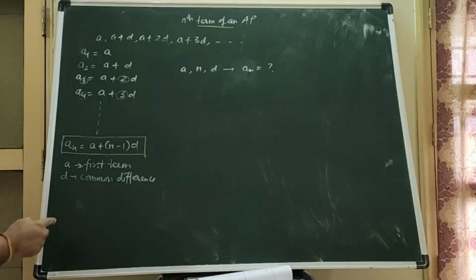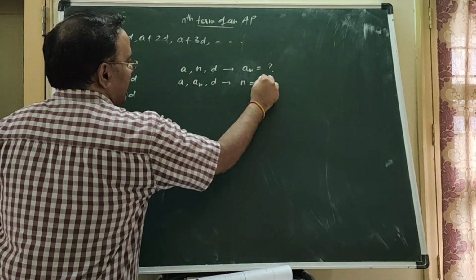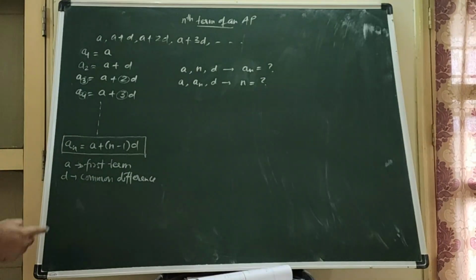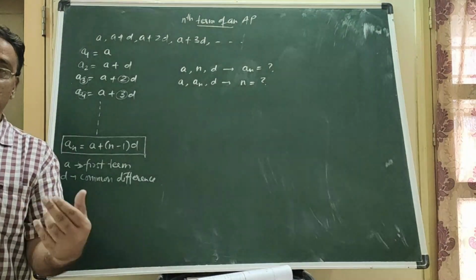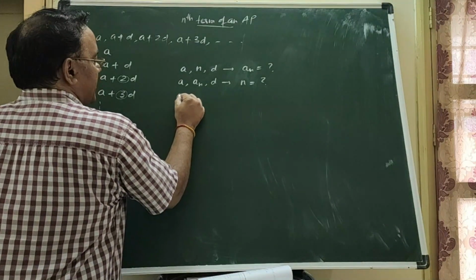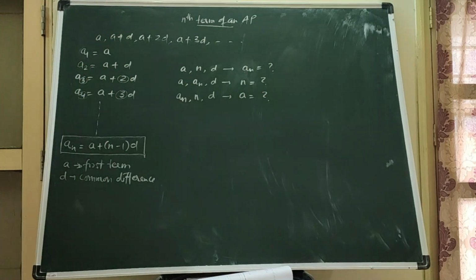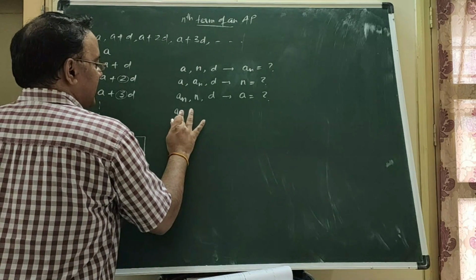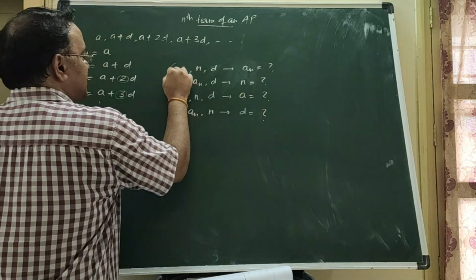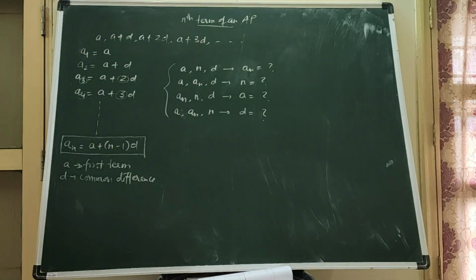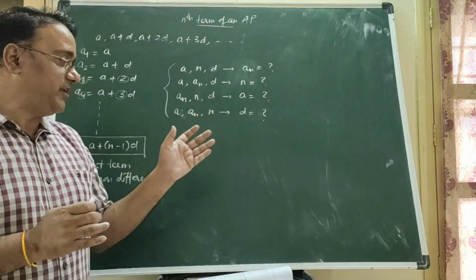This is the first question. अगर a, an और d दिया है तो n फाइंड करना है. This is the second type of question. मतलब यहाँ पे आउट ऑफ 4 पैरामीटर 3 पैरामीटर्स will be given and you need to find the fourth parameter. Okay, so an and n will be given and you need to find a. And the last type of question, a, an and n will be given, you have to find d. So these are the four basic important different types of question based on this formula,